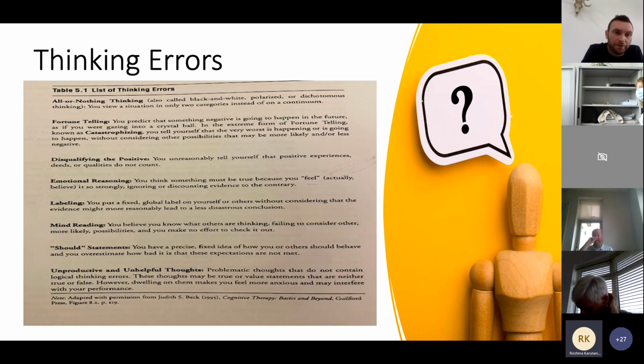The should statements. This is really useful whenever you're working with clients, to understand what's their rule book, what's their shoulds and shouldn'ts, what sort of things are they doing because they overestimate how dangerous things are, how dangerous situations can be. And once you have an understanding of the shoulds, then maybe we're able to help them to see that they can relax their standards, and that it's not going to have the same consequence.